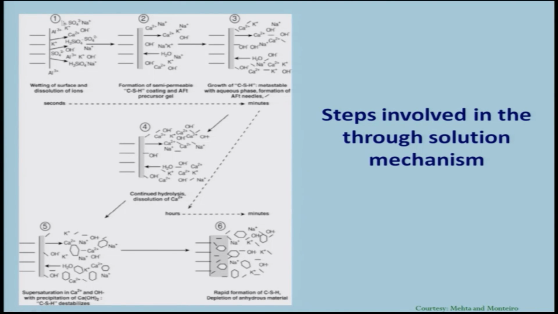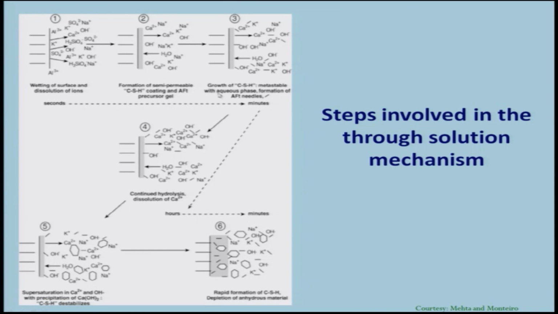So, all the ions from the compounds just come out into solution, and in the second one what you see is the formation of a semi-permeable calcium silicate hydrate coating, and you also have ettringite, AFt, that is formed. So, you see that in this layer you have this gel and AFt getting formed,